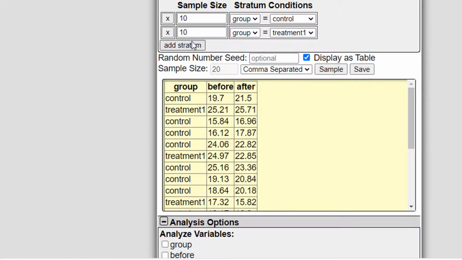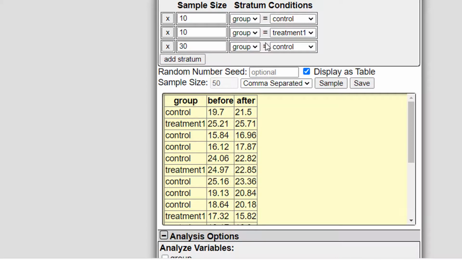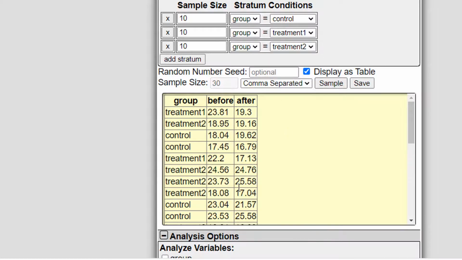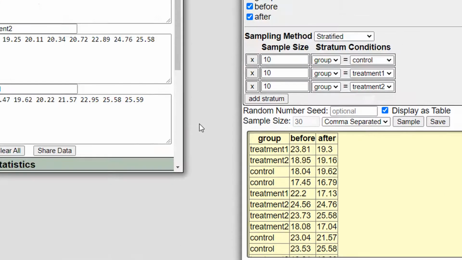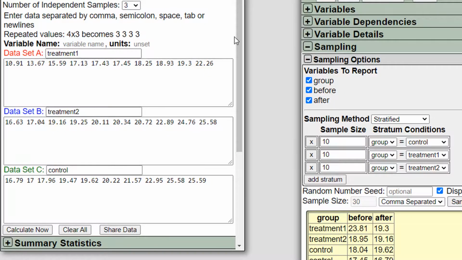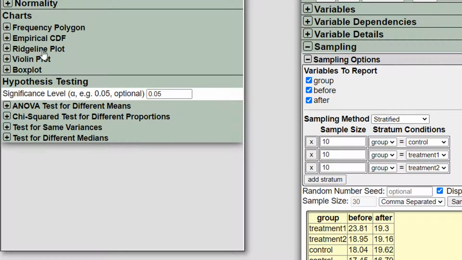Okay, so let's add another stratum. Let's add treatment 2 and put 10 sample size in there. Let's sample and let's look at analyzing after by group again. Now we're going to have three samples. We have treatment 1, treatment 2, and the control. Okay. And let's just take a quick look at the